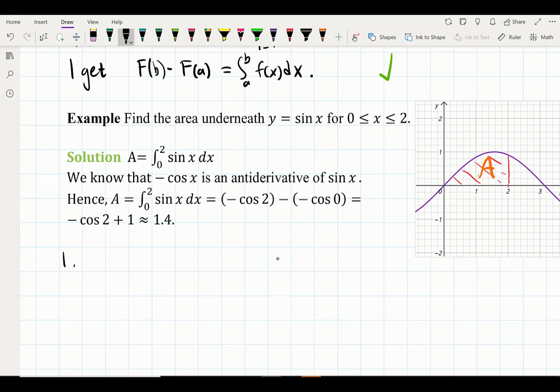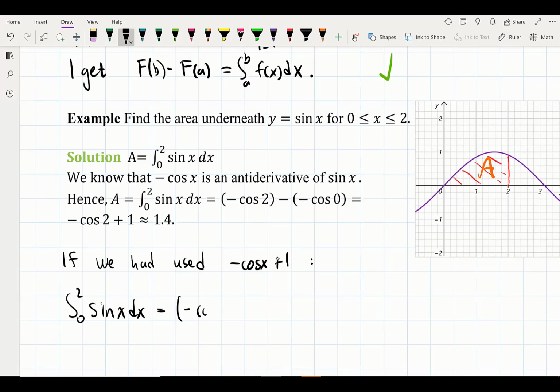If we had used negative cos x plus 1 and plugged that into the evaluation formula, let's see what would have happened. Then we would have found that the integral from 0 to 2 of sine x dx is, okay,